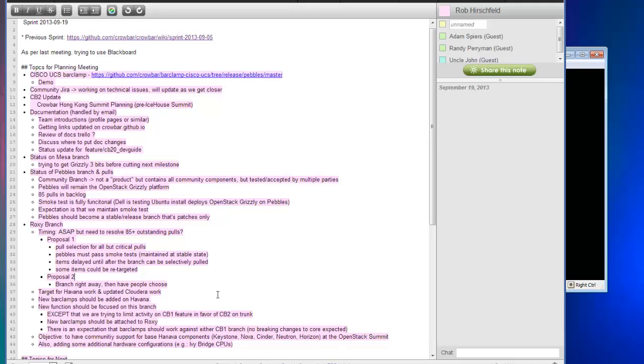Well, I would simply take it independently. So if pull requests are reviewed on the Pebbles branch and they pass smoke testing, get them merged there. And if there are pull requests against the Roxy branch and they are reviewed okay, let's merge them there. As far as I understood, those are community branches, so let the community work on the branches